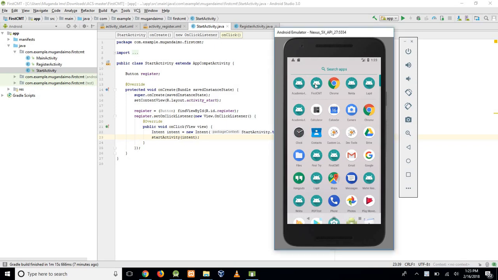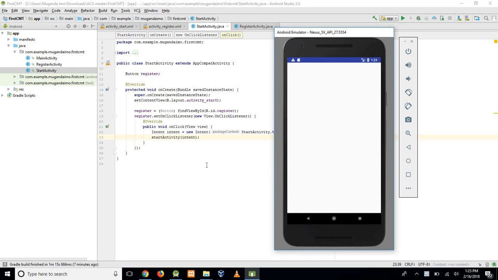Alright, so here's the app. I'm going to click on that. It opens and it immediately takes me to the sign up page. Remember, this is not my main activity, but it saw that I was not logged in. So the only thing we want to check right now is this button. We click that